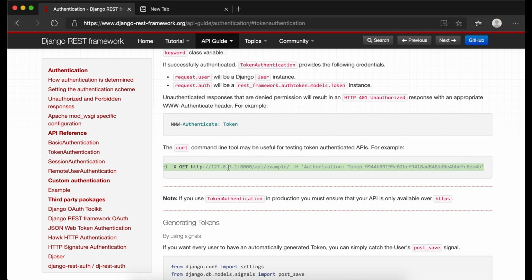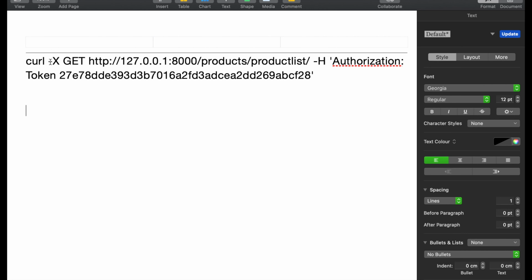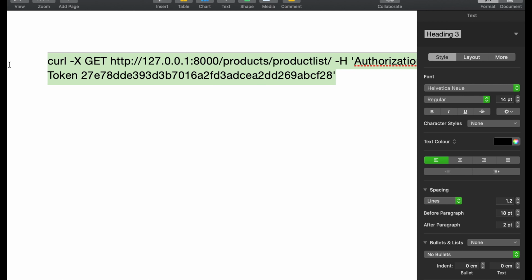I have changed the HTTP also. If you look at the curl command, curl -X GET http with the authorization token. I'll give you this command in the video description, you can take it from there. I'm just going to copy this code and go to the command prompt. Just one second, guys.